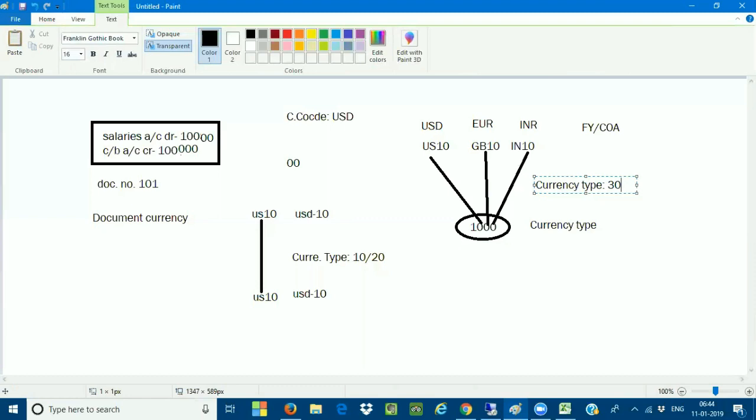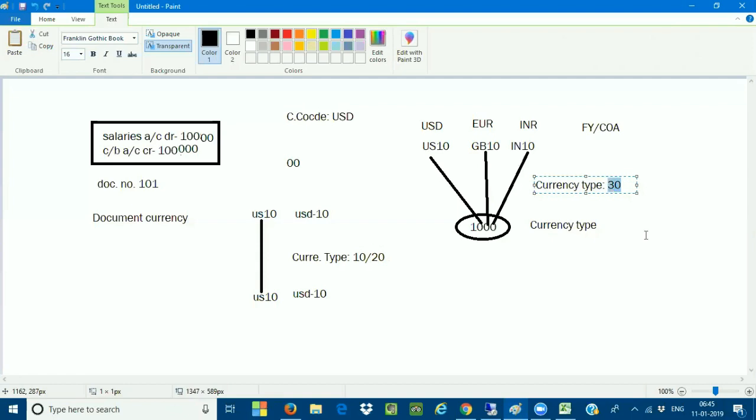Now, in SAP S4HANA, before you do the conversion from SAP ECC to SAP S4HANA, make sure that if any controlling area currency type has been given as 20, make it 30 now, because now we are going to use the group currency type 30 for all the company codes. Earlier we used 20 as the controlling area currency if it was a one-to-one relationship. Now even if it is a one-to-one relationship, to make transactions smooth, SAP recommends going with 30, not 20. Earlier we used 20, now we use 30, which is called the group currency type, from today onwards. So very, very important.